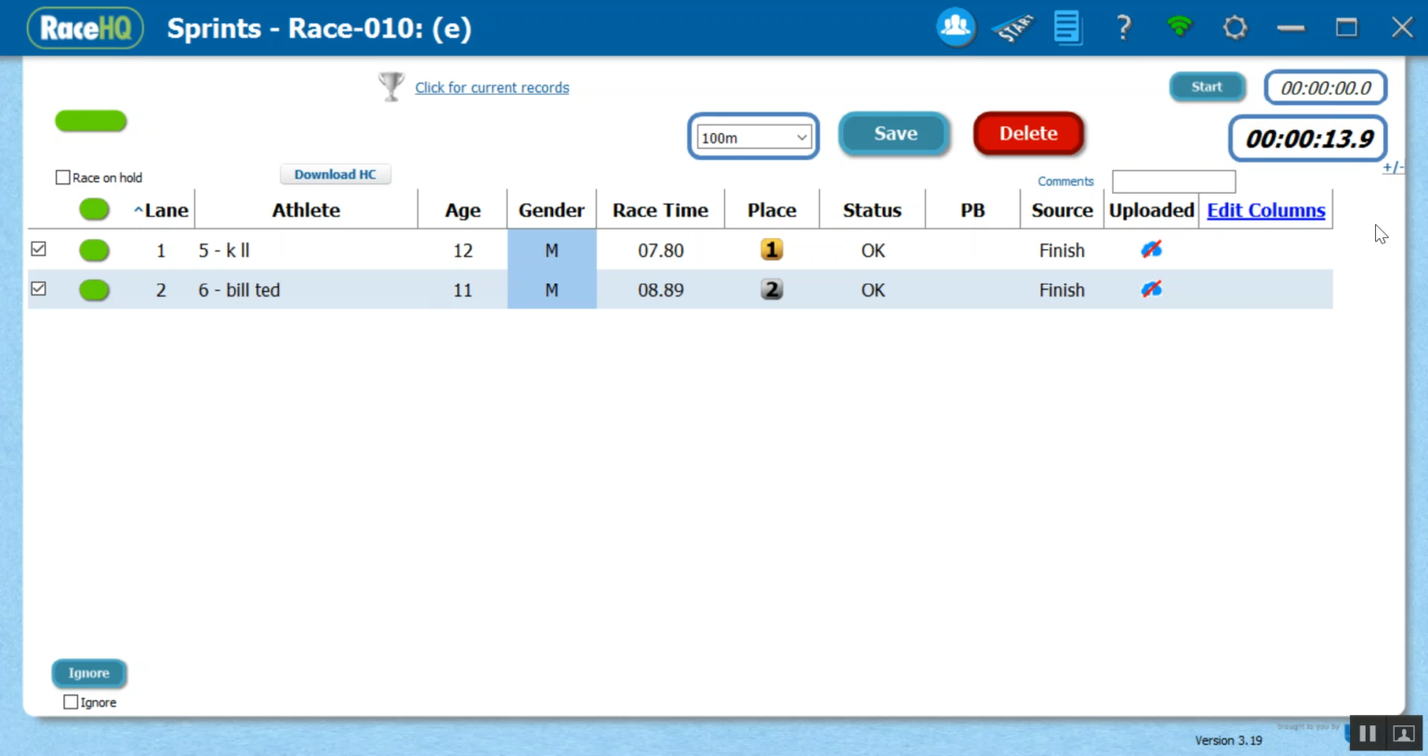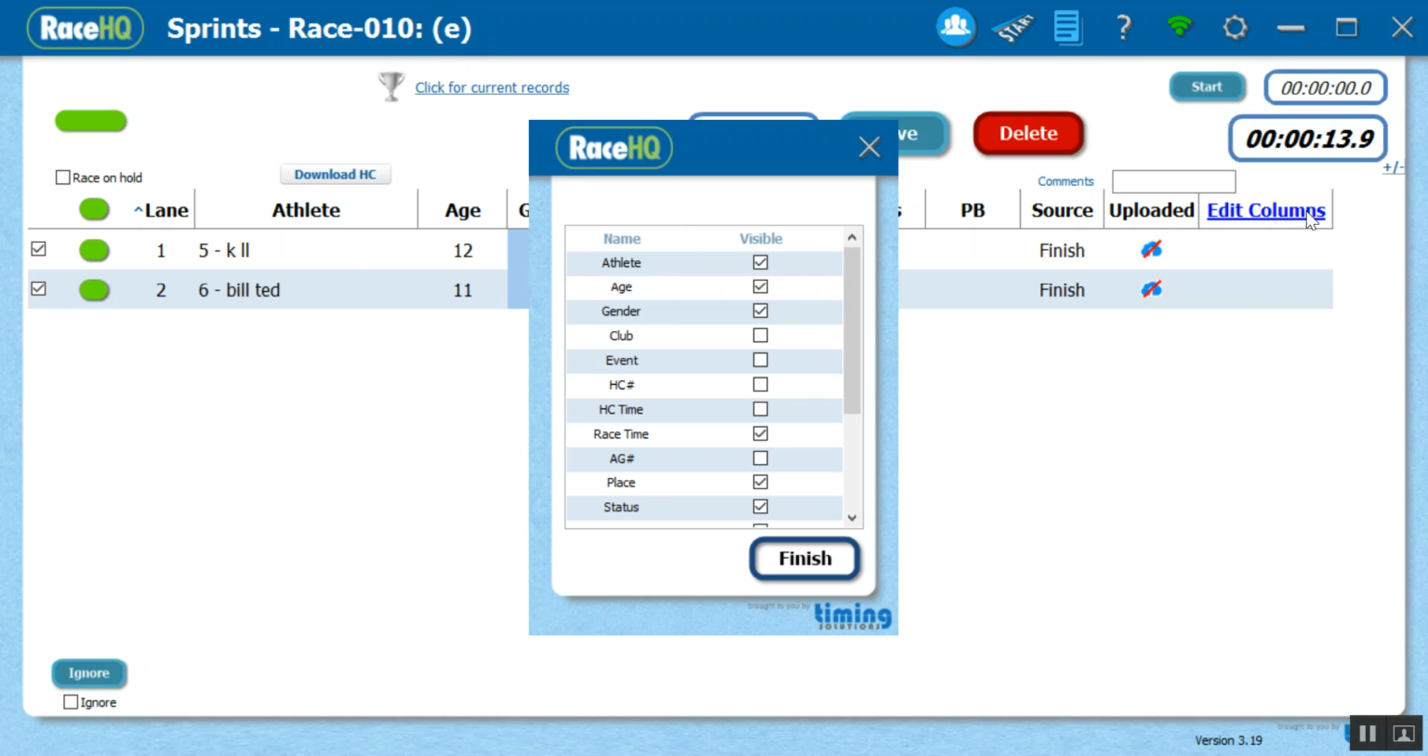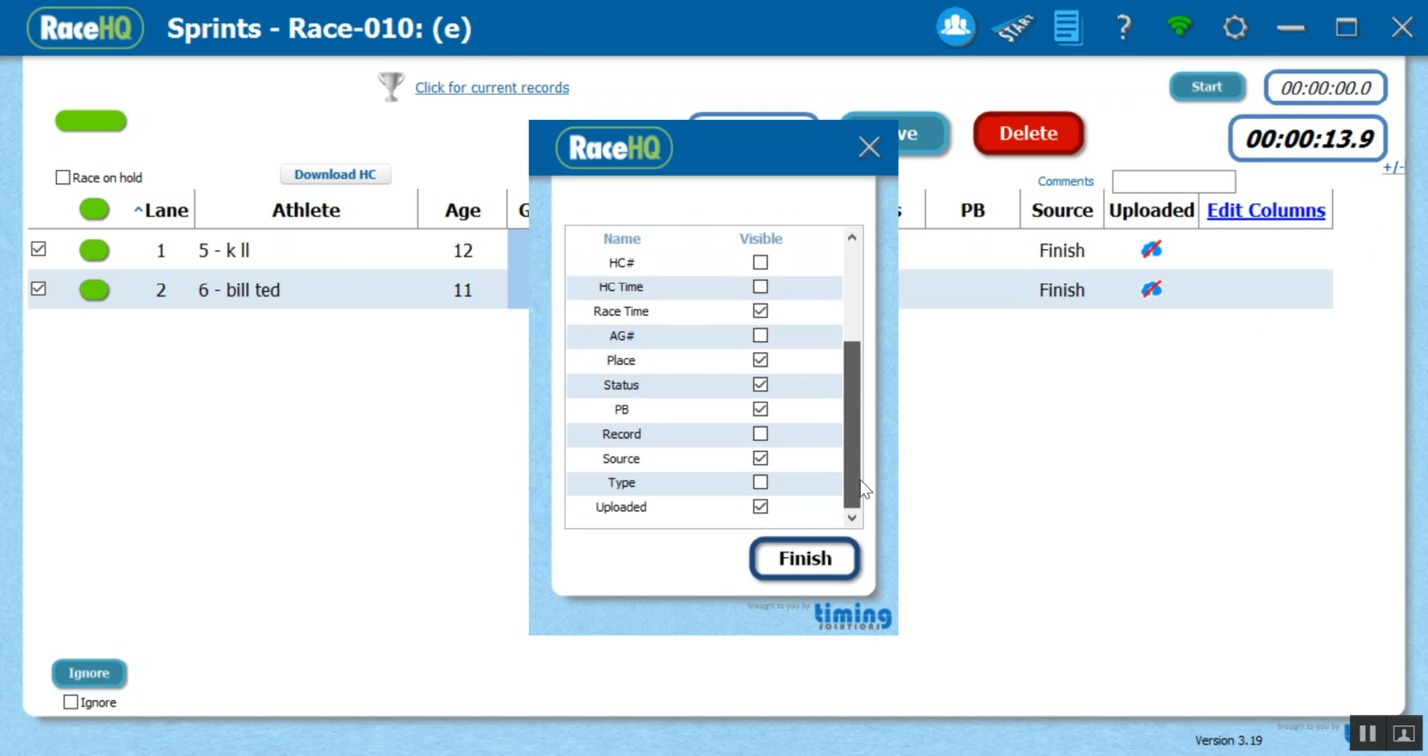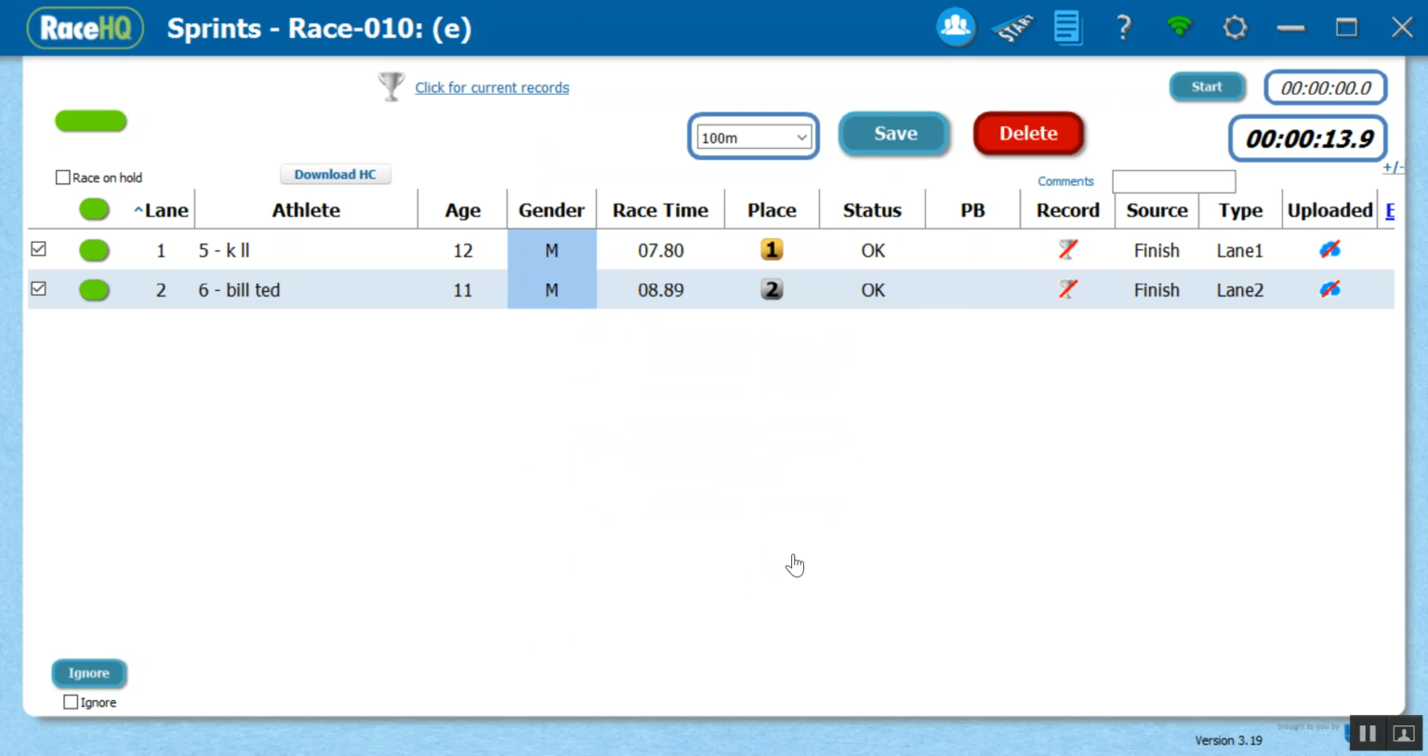If I did a manual start, it would have an M in the bracket there. I'm just going to open up some extra columns here to have a look at some of the extra data. So I've got record, that's what I didn't have showing, and type if I want. So here we go, we've got our little record icon showing, so it shows me there's potential records there, and it tells me the type, so it came from lane 1 and lane 2, which is pretty obvious in this